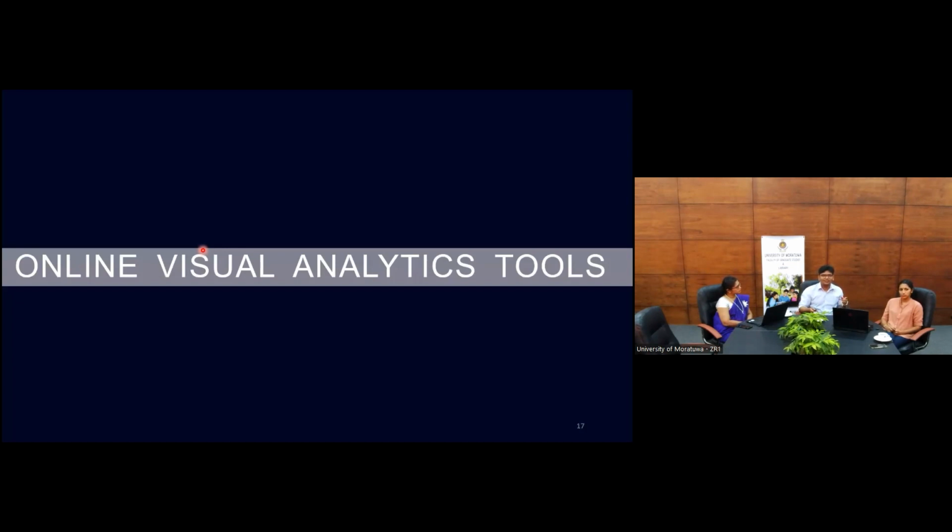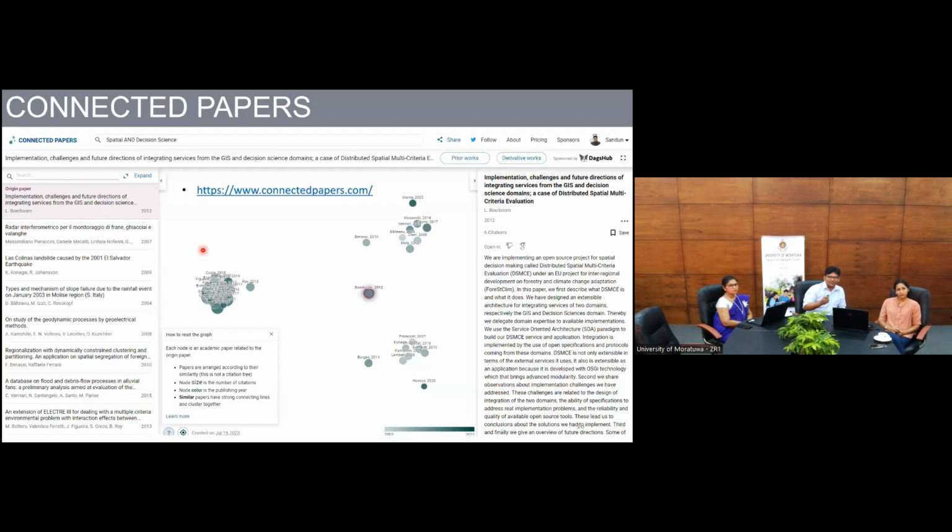One would be more appropriate for young researchers who are trying to get into a domain, and the other one would be more suitable for people who have taken the toil for some time. So the first one, which is also an open access one, is called Connected Papers. In Connected Papers, you can go to the search bar and put in the keywords that you want. In my case, being a reader in this area, I just put naturally spatial